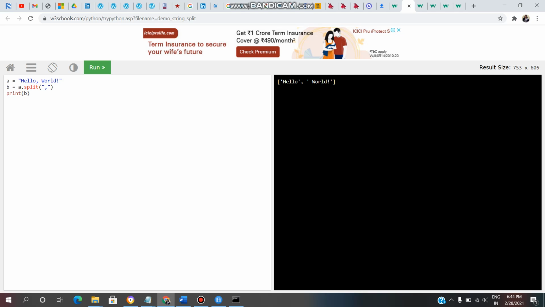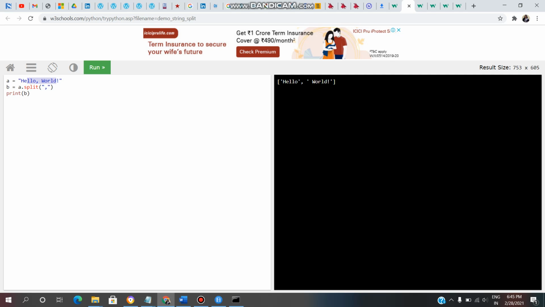Here I want to split. We have to mention where we want to split. So after splitting we are printing the b value. Then we got a list of strings. Hello, comma, world. Like this we will get. What is the concept of split? One string will be split into a list of strings.